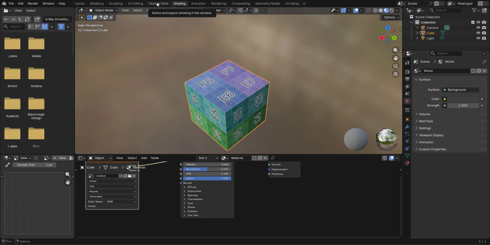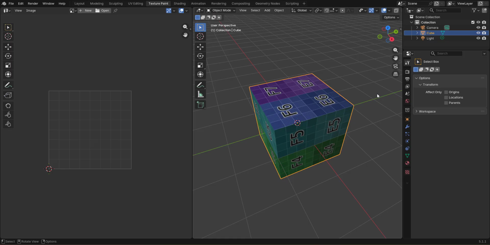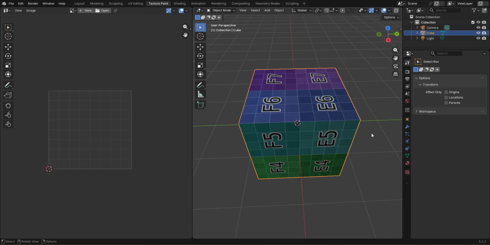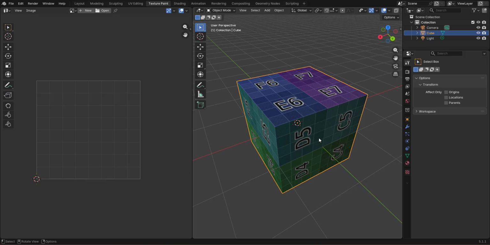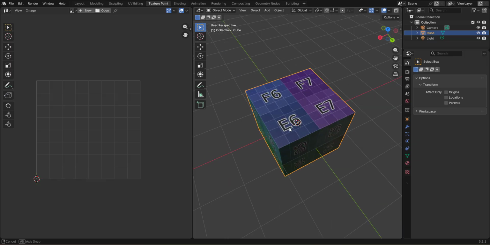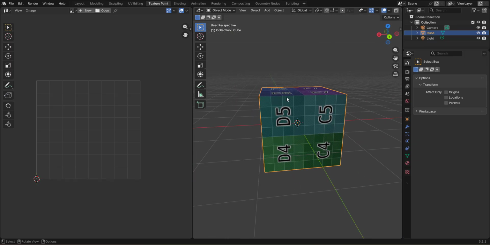Then I'm going to go back to my texture painting. Now, depending on your model, it may be pre-unwrapped already. You may see an unwrapped version, which basically means to paint on this, I need to turn this into a flat image. Right now we have this side and this side and this side, and we have to kind of peel back all those layers. Some of them will automatically be unwrapped, and you'll see a preview of that over here when you go to texture painting. Others won't. If you don't see a preview of it unwrapped, what you can do is go to UV editing,